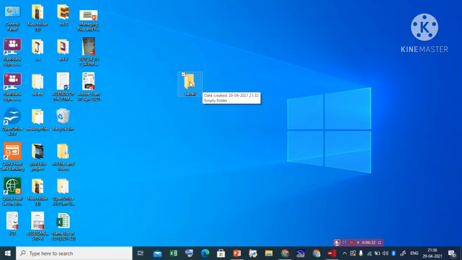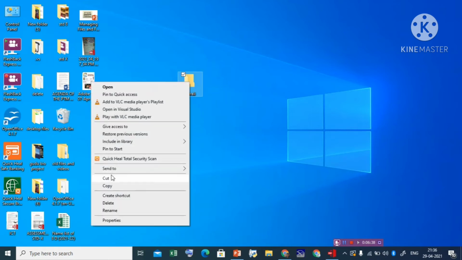First, right click on the file. It is up to you whether you want to move the file or copy it, so you can cut it or copy it. You can also use shortcut keys: Control X to cut, Control C to copy, and Control V to paste. I am moving, so I cut it.